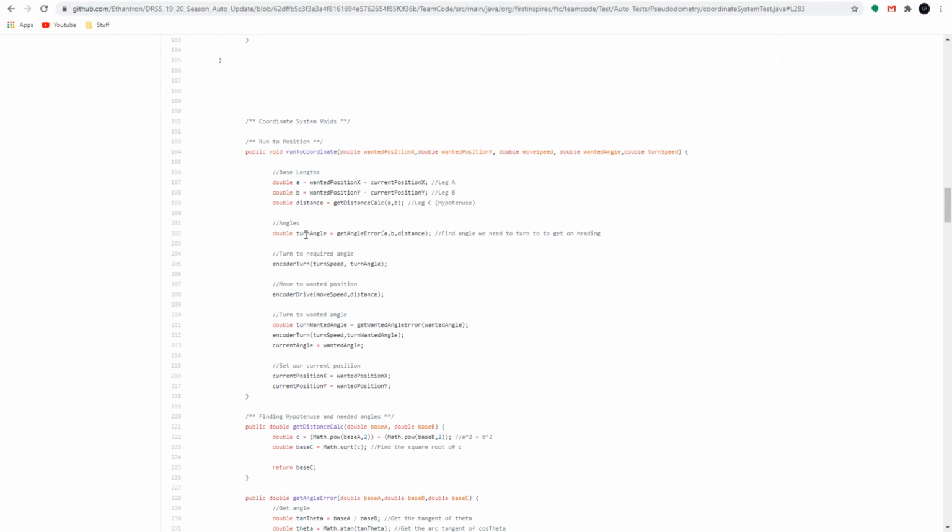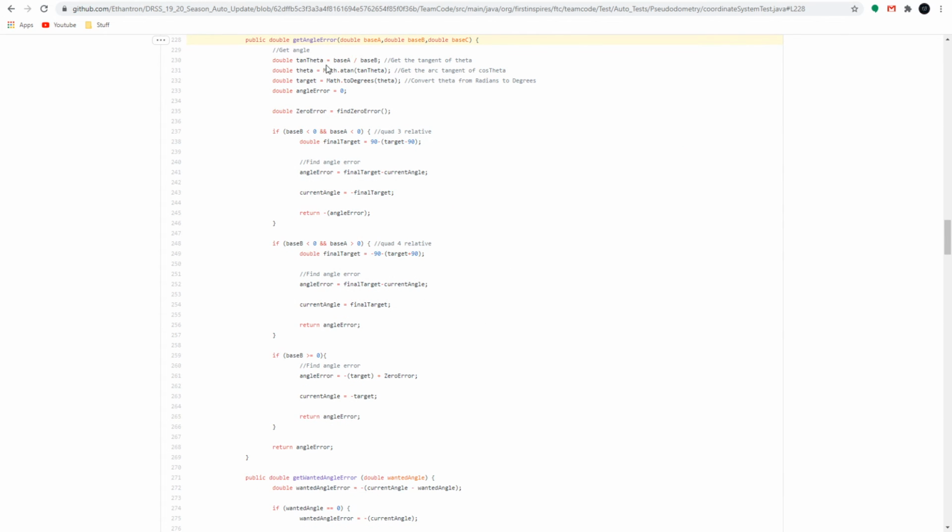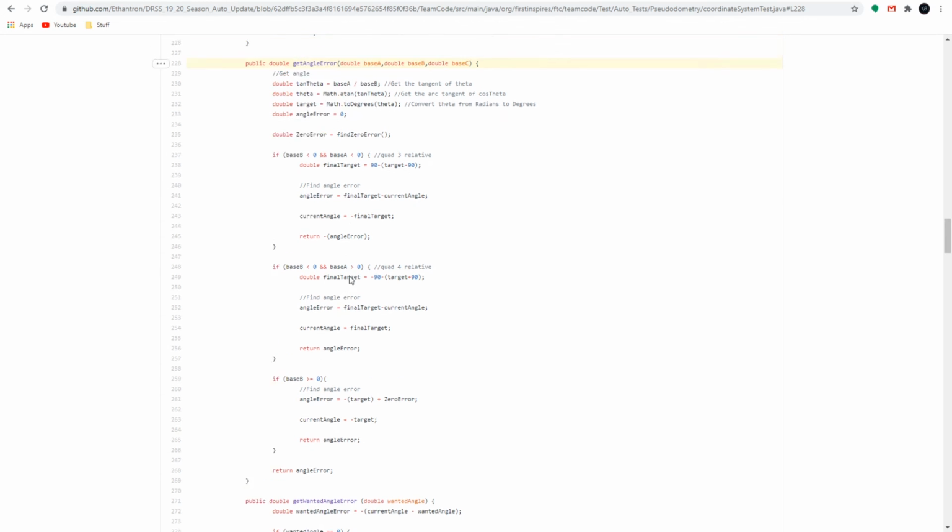So now we need to find the angle we need to turn to get in line with this. So we run get angle error, and I'm not going to run through all of this because it's pretty difficult to figure out. There's some logic in here, and it's mainly for if you have to move in the negative y direction relative to the robot. So essentially we have the tangent of theta. Theta is the angle we're going at. We just divide base A by base B, so opposite over adjacent. Double theta, so this is our angle. We find the arctangent of our